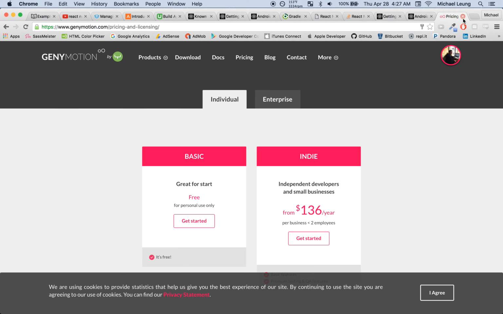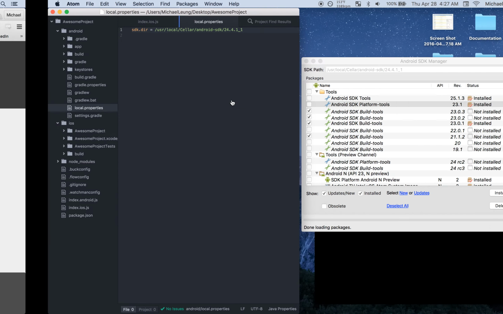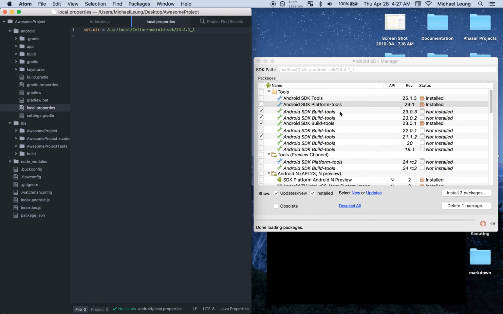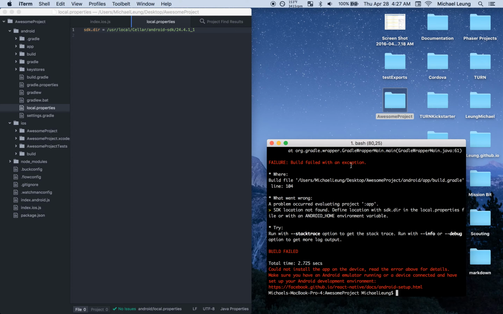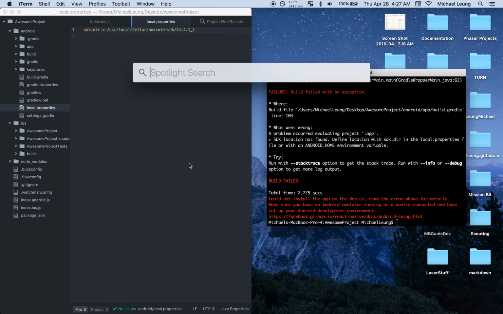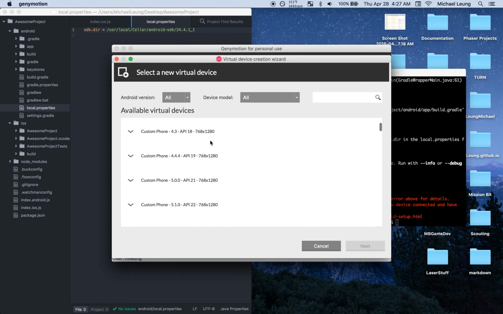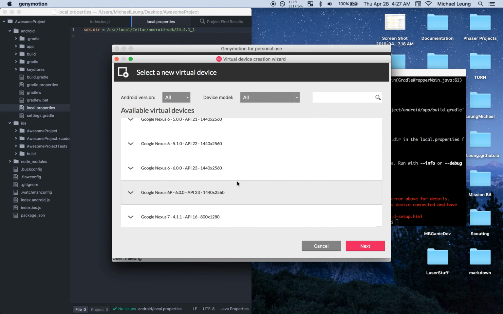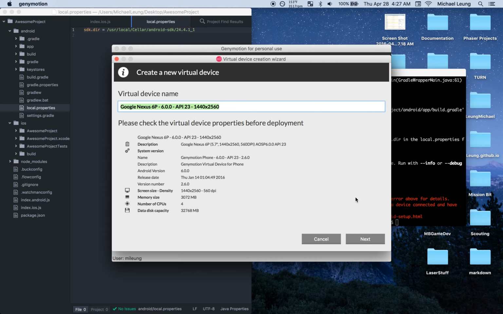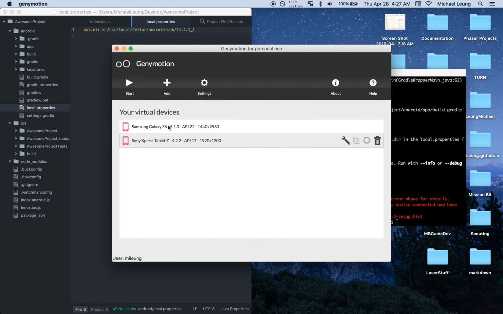After you have VirtualBox installed and Genymotion installed, first I'll just close this because we don't need it anymore. Now I will open up Genymotion, and you have to create a device if you don't already have one. It's pretty simple. All you have to do is click add, and it will give you a list of devices that you could add, then click next, and then next, and it will download it for you. But I already have these two devices downloaded, so I'll just select one, and then I'll click start,